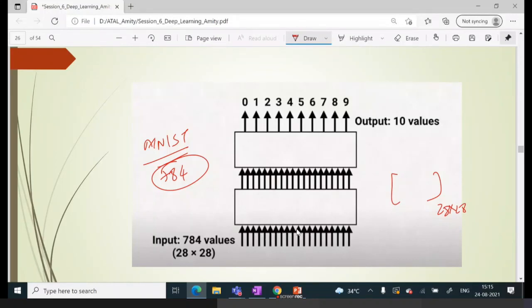Therefore, we are going to first flatten this particular matrix. What is the idea of this word, flattening? We are going to convert this two-dimensional matrix into a one-dimensional one. First, we will write down all the entries of the first row, then all the entries of the second row, and so on. So we will get 784 different values, and those values will be provided to the neurons present at the